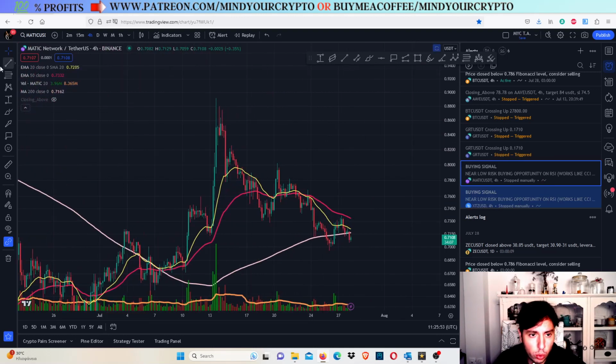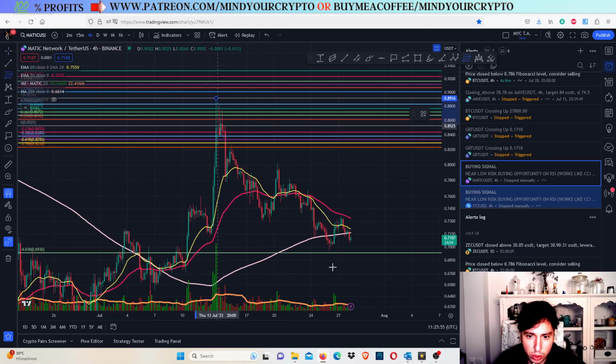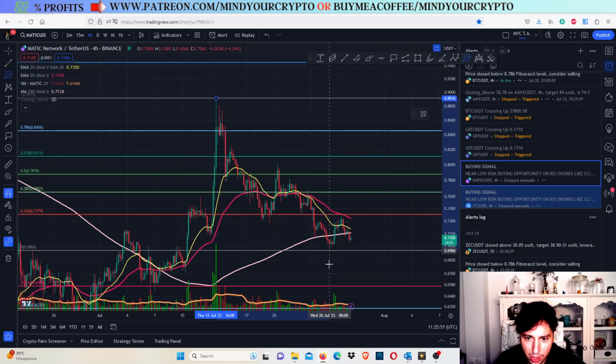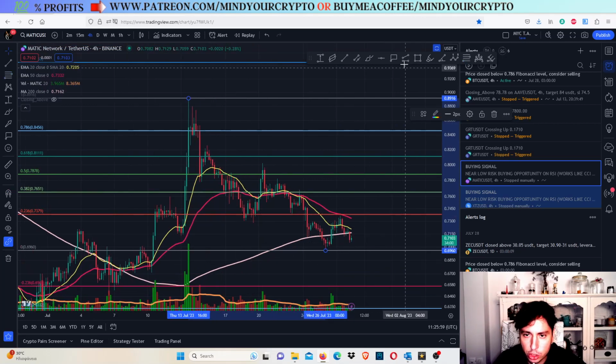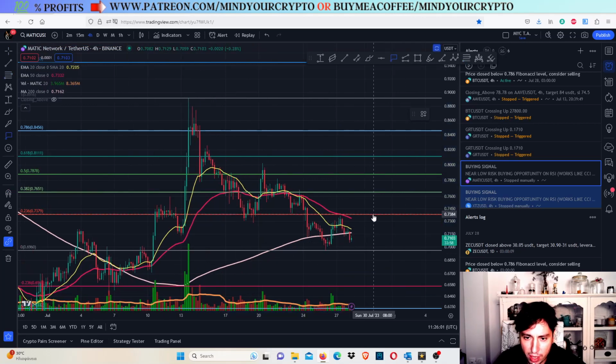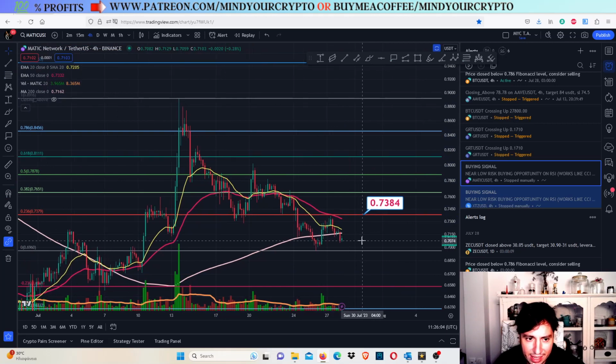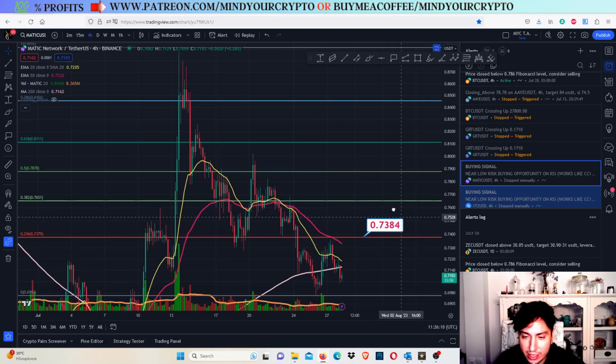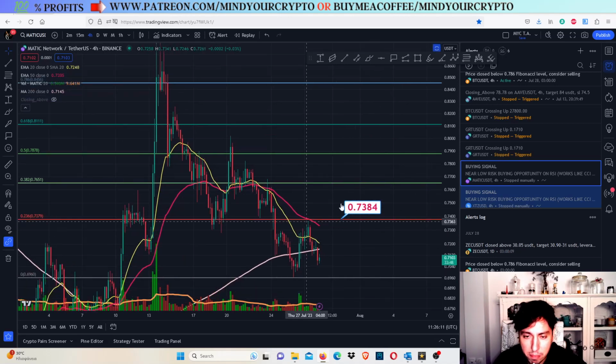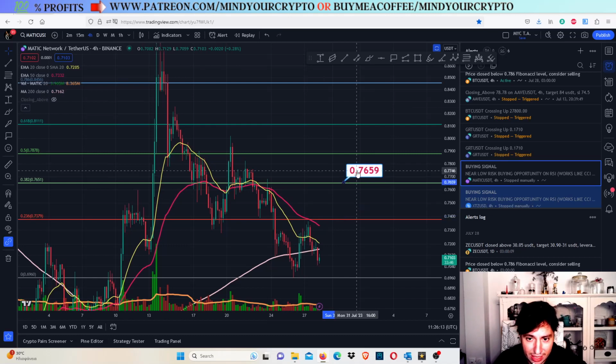And I'm going to draw the Fib this time from the top to the bottom to discuss a little bit about the resistance levels. So the first thing that we need to close above in the short term is the 0.7830, 0.7380. Okay, around there. So we need to close above this target right here, and potentially if we do that, then yes, we can move and climb all the way up higher, right?